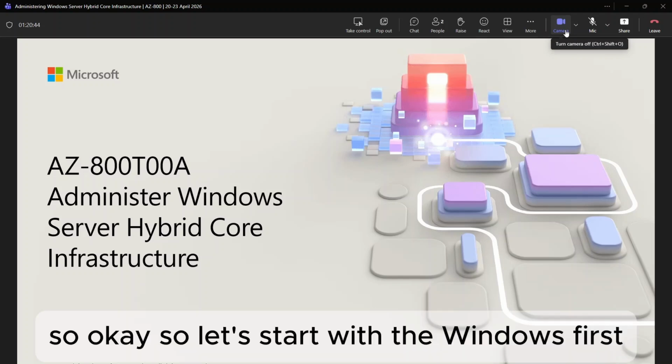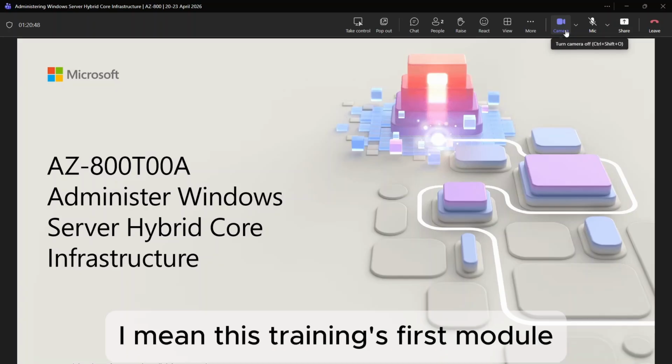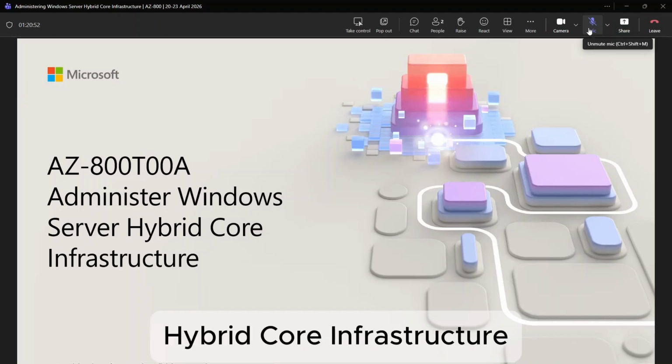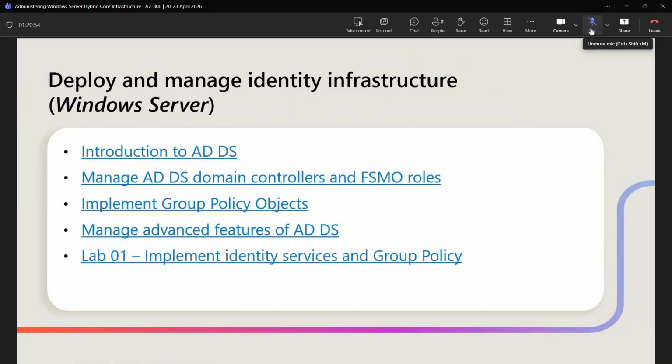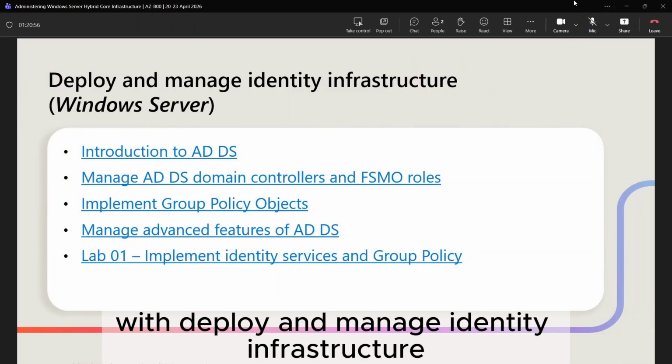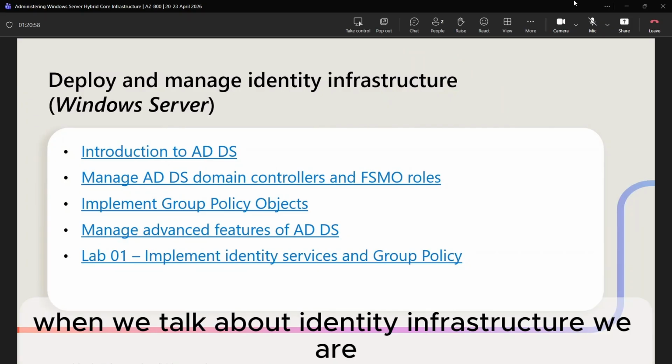So, okay. So let's start with Windows first. This training's first module is about Windows Server hybrid core infrastructure, with deploy and manage identity infrastructure. When we talk about identity infrastructure, we are